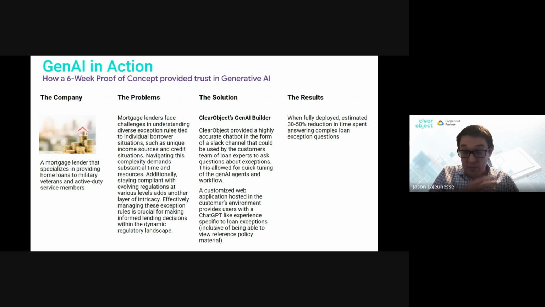So now, when fully deployed, we are anticipating something up to 30 to 50% efficiencies for this team, being able to automate some of these answers. We do want to definitely note that we want to put guardrails in, especially when you're talking about something very important, like whether or not someone is approved for a loan. So we do have a human in the loop of these processes, and you want to think through all these guardrails when you implement these.